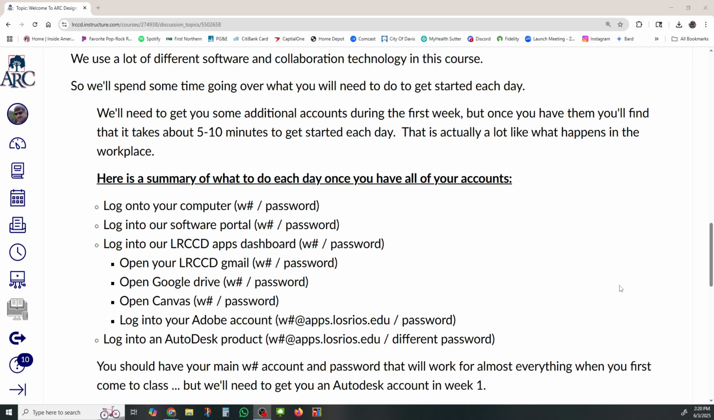Okay, so here's what we do each day to get started every time you log in. This is a lot like what happens in the workplace. You have to get yourself set up every day, and it's best to have everything open that you're going to use. And so you're going to log into your computer,